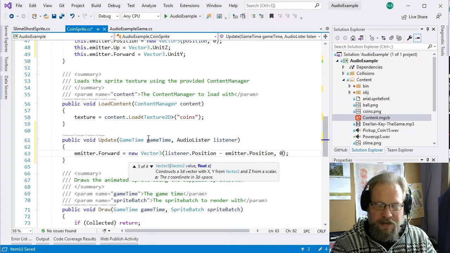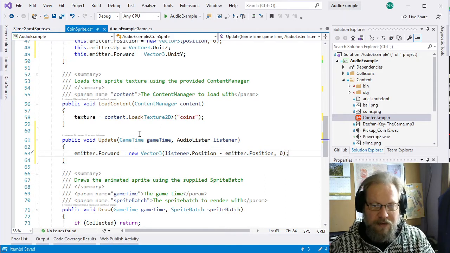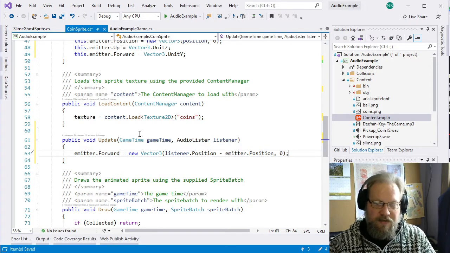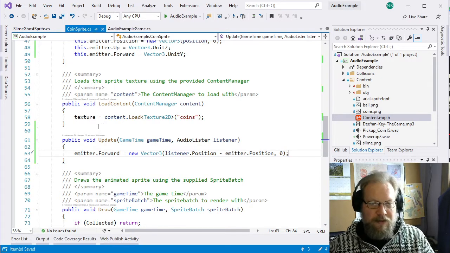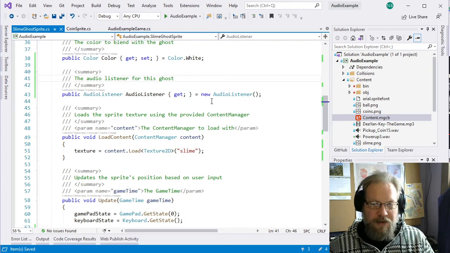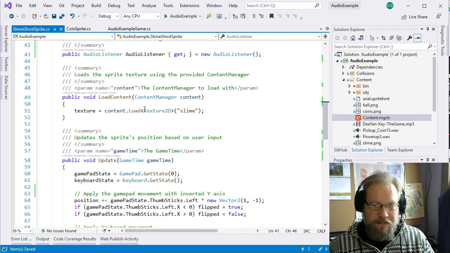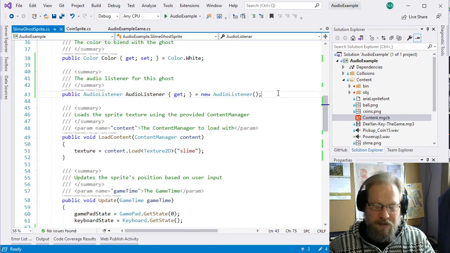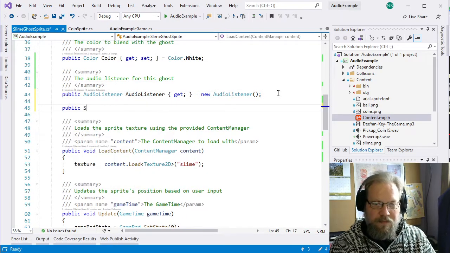And provide that second argument for the z value. So now this should give us a vector that's always pointing towards the player. Then if we go to our slime ghost, we have our listener. We need to set its initial values as well, and we don't actually have a constructor for our slime ghost. So let's add one,